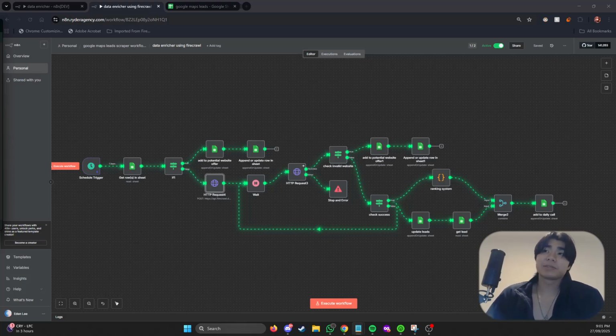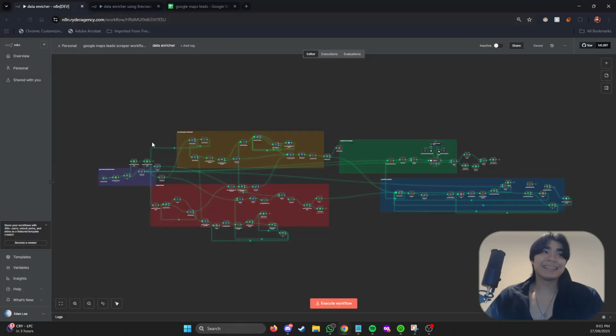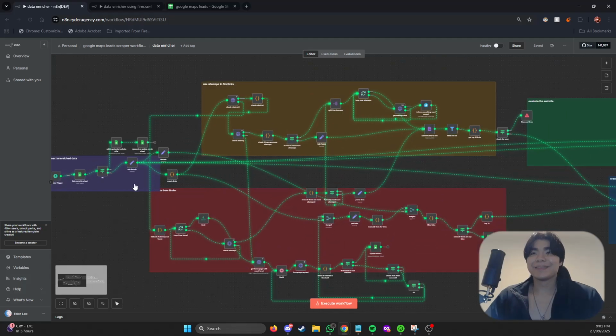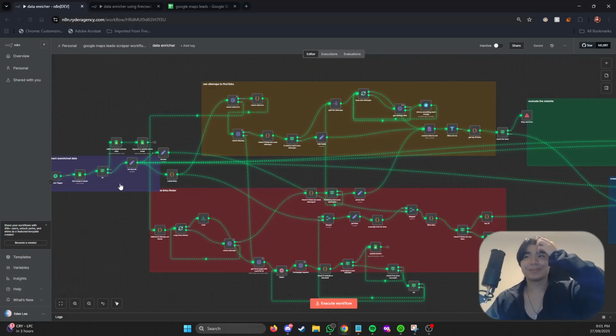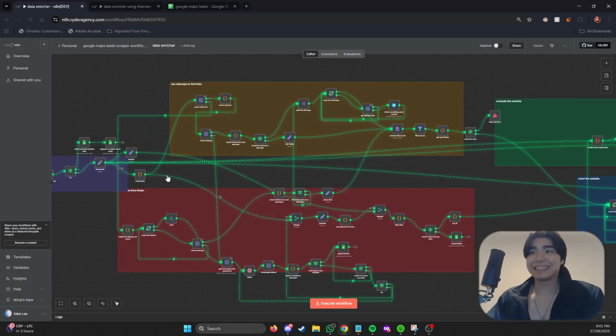I initially tried to use Crawl4AI, if you've heard about it. It's a self-hostable, open source crawling tool, and this is it right here. The way I approached it was it gets the robots.txt, all the sitemaps, and if that doesn't work, it uses Crawl4AI to scrape each page individually. And